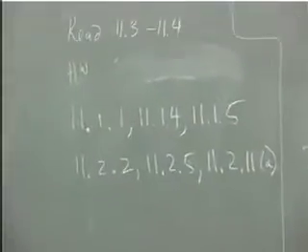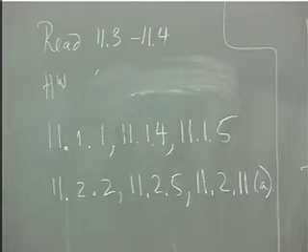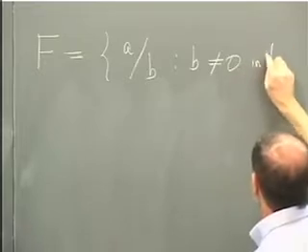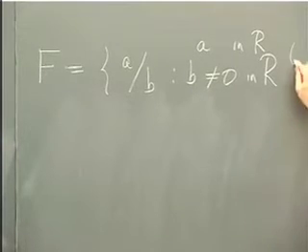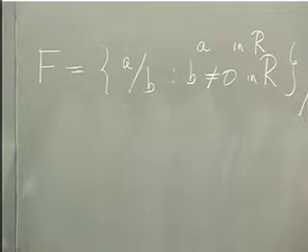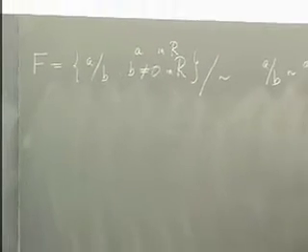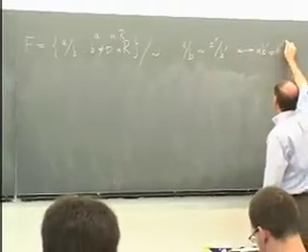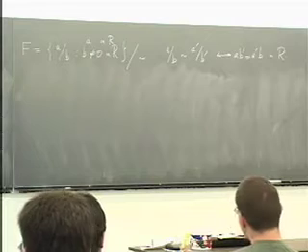Well done. Anyhow, the way we define the field of fractions, just to recall it for you, was F defined as a set modulo an equivalence relation. It was the set of all expressions of the form A over B, where B was not equal to 0 in R, and A was an arbitrary element in R. So that's what I mean by fractions. But you have to take the equivalence classes on that set, where the fraction A over B was equivalent to the fraction A prime over B prime if and only if A B prime was equal to A prime B in R. So if you constructed the field of fractions from the integers, you'd get the rational numbers,